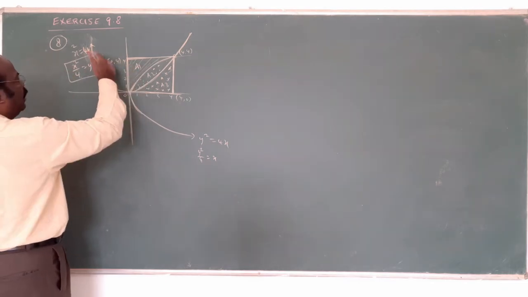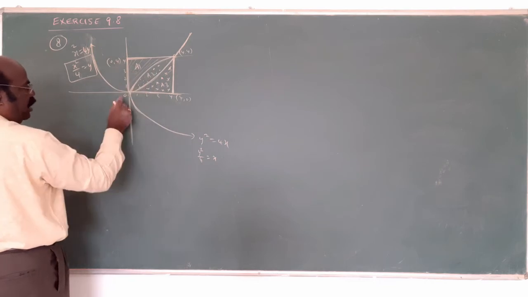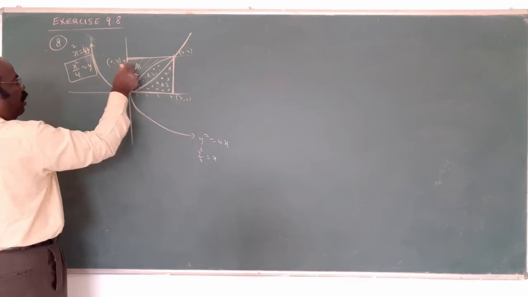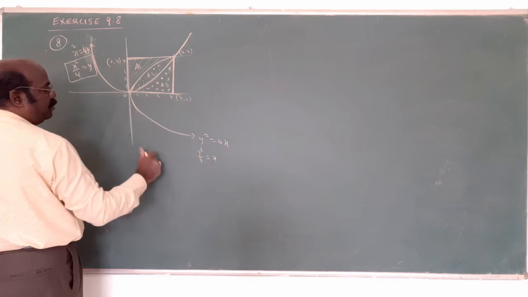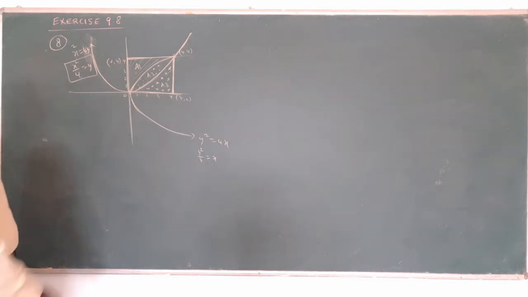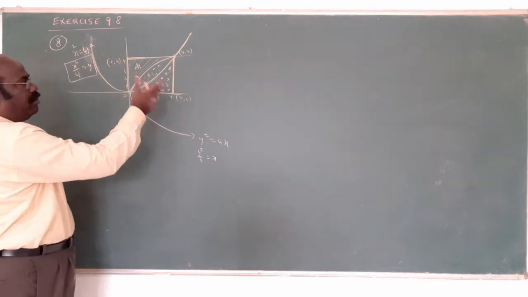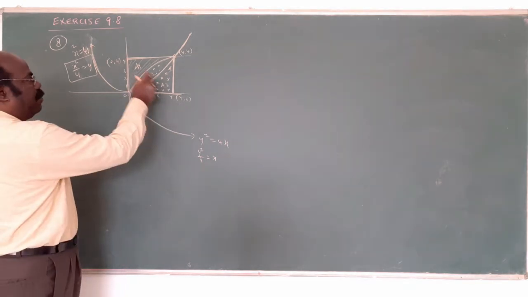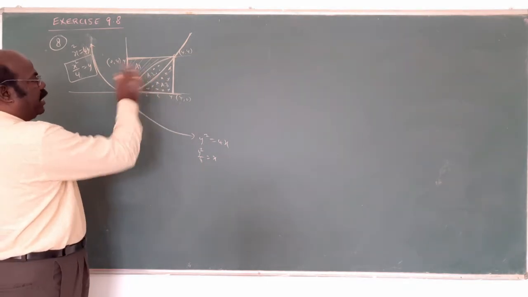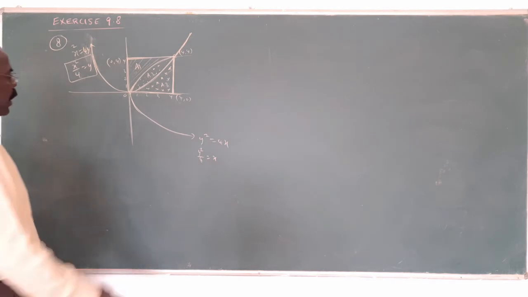Here this is the y-axis part, with limit 0 to 4, and the formula is x dy. That's why you must write it with x and y. To make it easy for you: area of the square minus area of A1 and area of A3. Separate limits give the answer. Am I right?